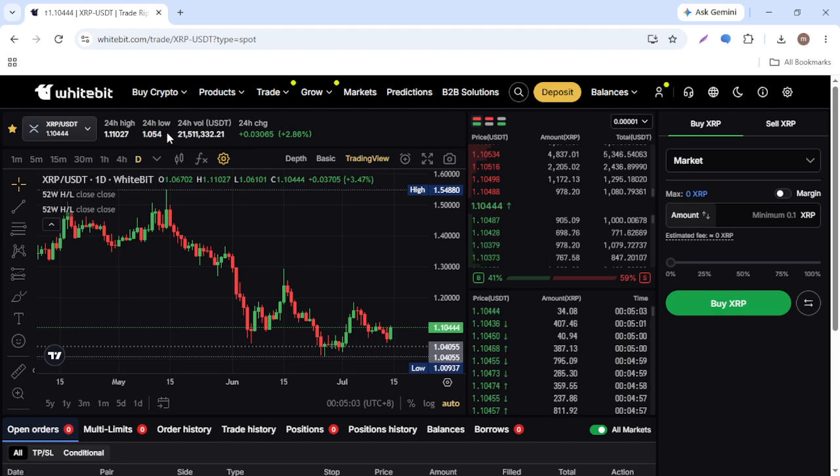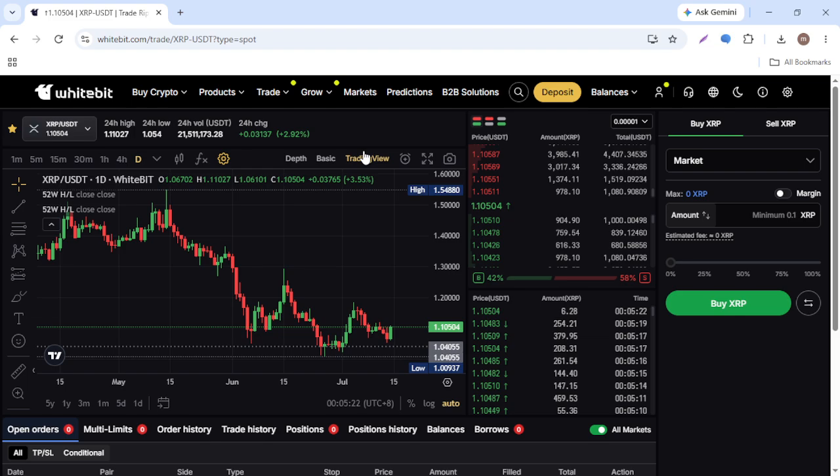Another important statistic is the 24-hour trading volume. This represents the total amount of the cryptocurrency that has been traded during the last 24 hours and can help you understand how active the market is. These values give you a quick overview of the asset's daily price range and how much the market has moved